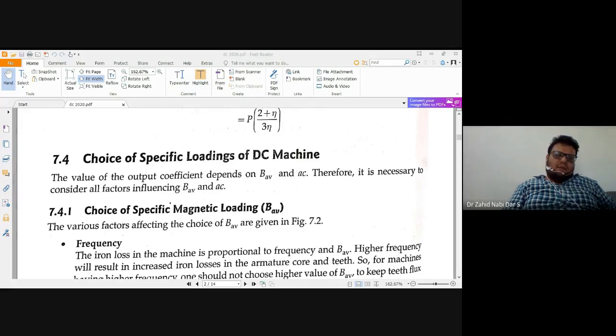Even if you notice an induction motor in your house, it will not rotate with a single phase power supply, but it rotates with a single phase power supply only with the help of a capacitor. If the capacitor is gone, it will not rotate. So this is one of the important aspects.